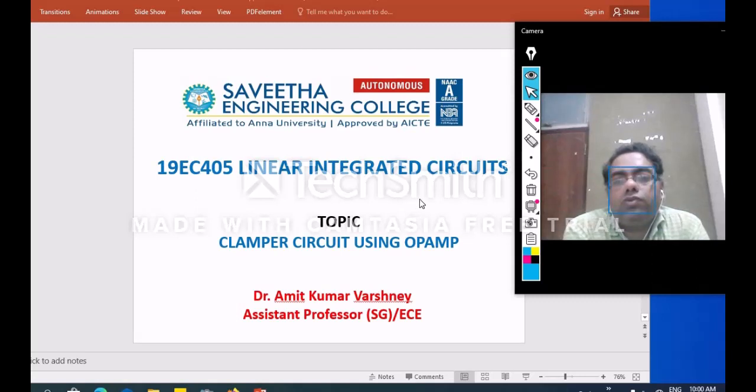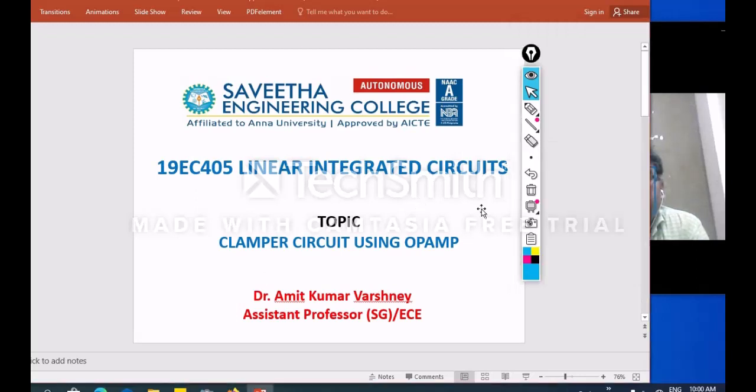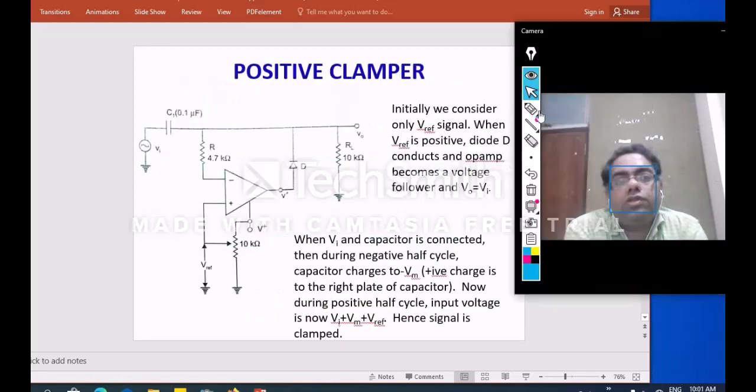So today I am going to start the clamper circuit using op-amp. Now this is the basic circuit of the clamper circuit using op-amp. Here you can see that the reference voltage is derived from the positive power supply given to the op-amp, and it is a variable reference voltage, meaning we can vary the magnitude of the reference voltage, and it is given to the non-inverting input terminal of the op-amp. What is connected to the inverting input terminal is the AC voltage source with one capacitor,